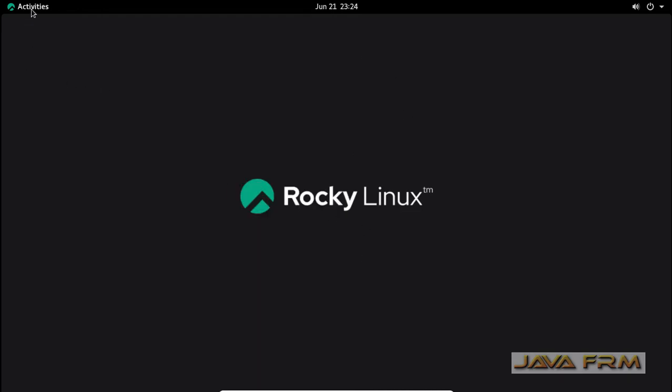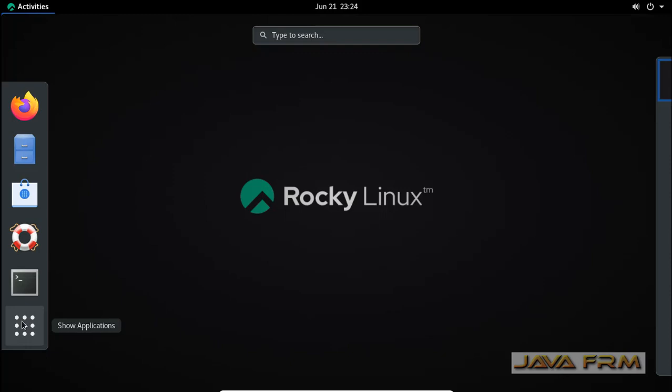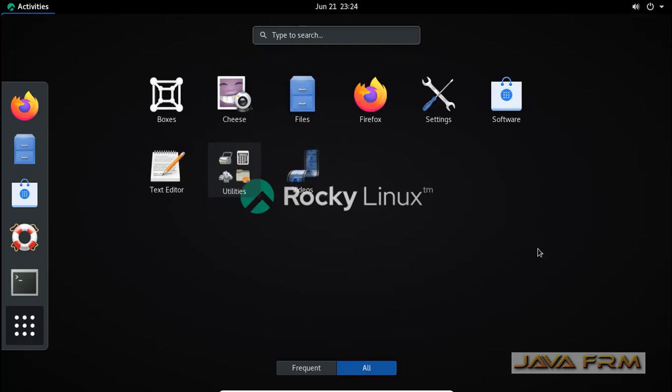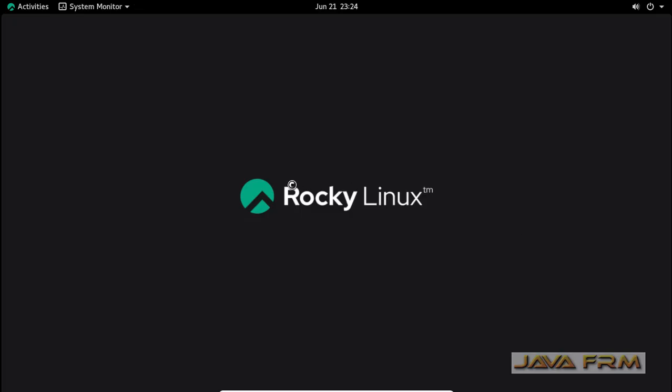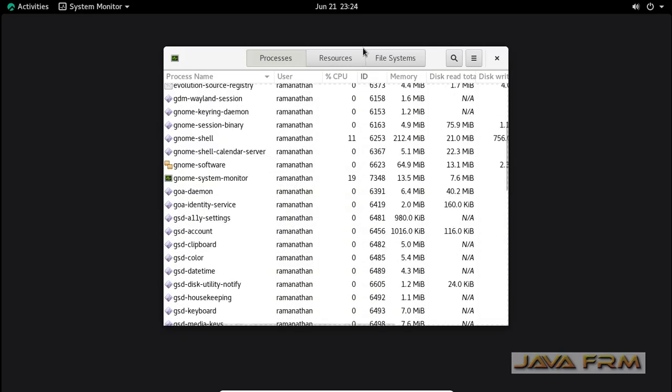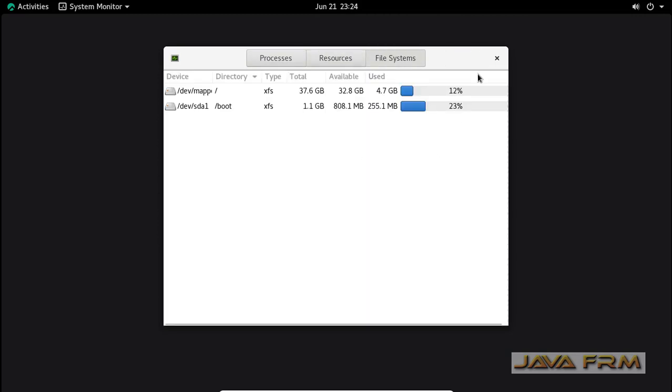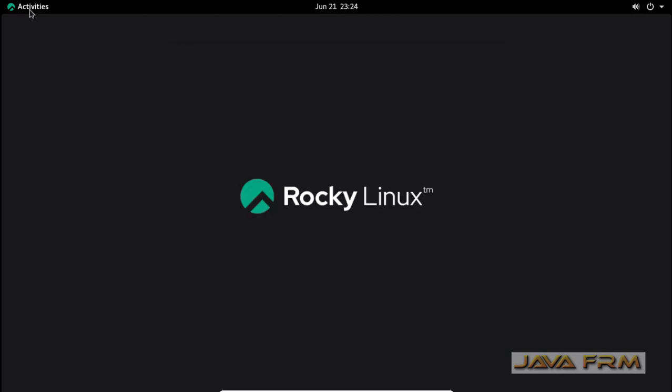Yes, now I can view Rocky Linux in full screen. Let us see what applications are bundled with Rocky Linux. It is the same as Red Hat Linux. Only basic system utilities are available in the Server with GUI base environment.